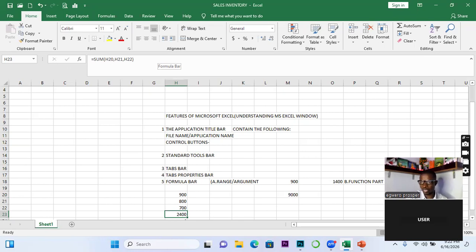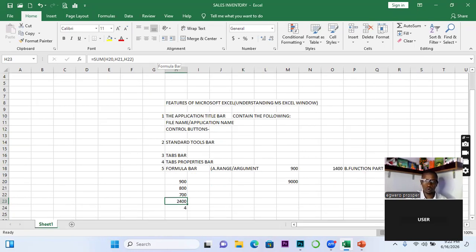The formula bar, so you can expand it and collapse it here. All right. Now we are going to the next part, and the next part should be number 6. We are still understanding Microsoft Excel window features. We are trying to familiarize ourselves with the program. Now, the 6th feature